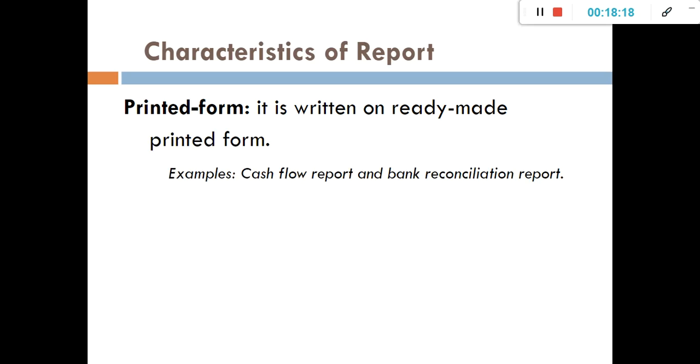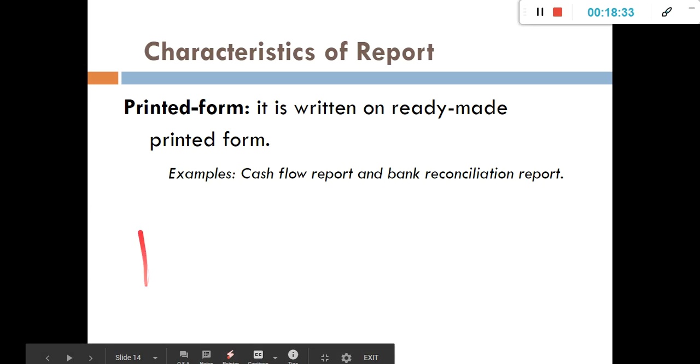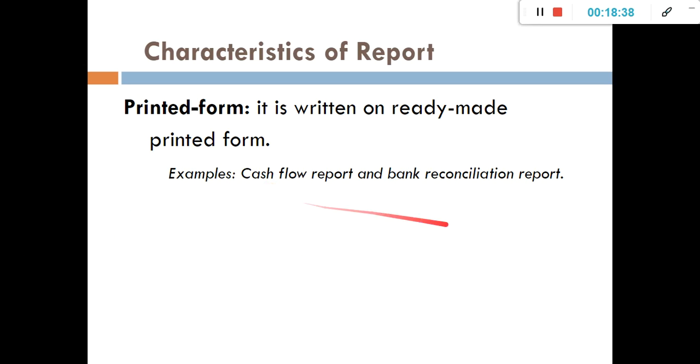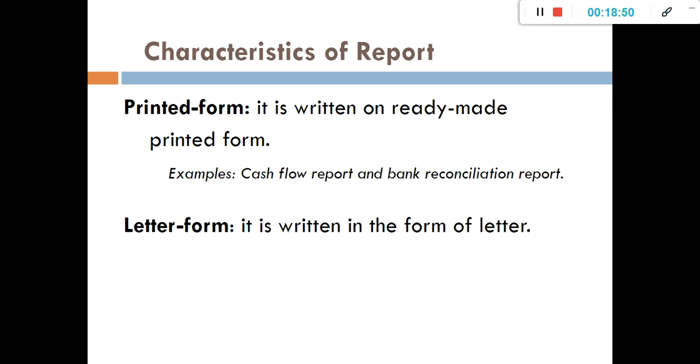So, yun yung sinasabi natin, meron tayong format na sinasabi in writing a report. So, ano po ba yun, sir? Ayan, printed form. It's written on ready-made printed form. Okay, pag sinabi natin printed form, isasagutan mo na lang siya, okay? Kumbaga para siyang fill in the blank. So, merong category, and then fill upan mo lang siya. Let's say, for example, a prime example nito, halimbawa, is may nakalagay na name. Okay? So, name, tapos colon, and then may blank. So, lalagay mo din yung name mo. So, that's an example of a printed form. So, for the readers to easily be directed kung ano ilalagay nila with that particular report.